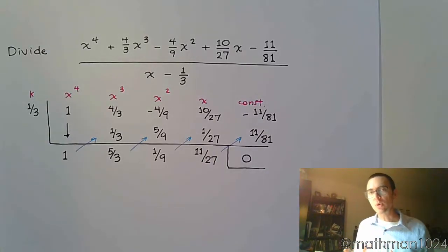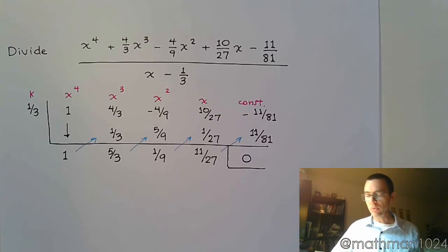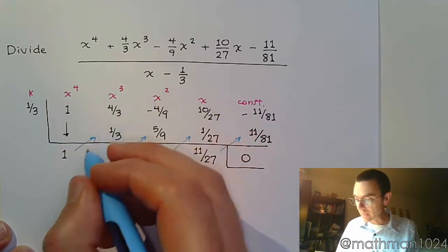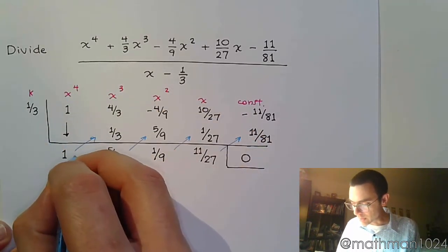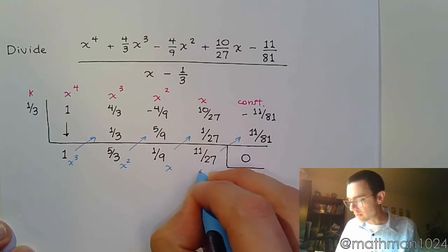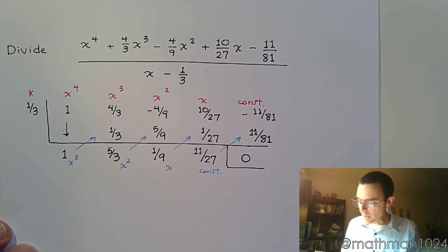So since the question here was saying to divide, not evaluate, we need to make sure that we write our quotient the right way. So you start with x to the 4th, but when you do the division by factor with x, that becomes x to the 3rd. And everybody here loses a degree from what you had in the column heading above. So our answer